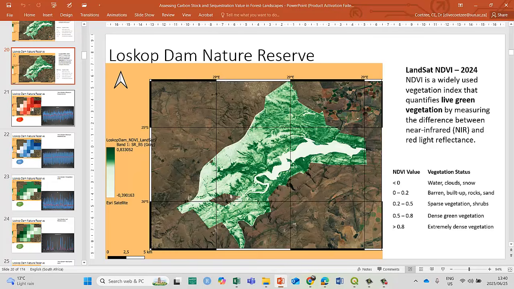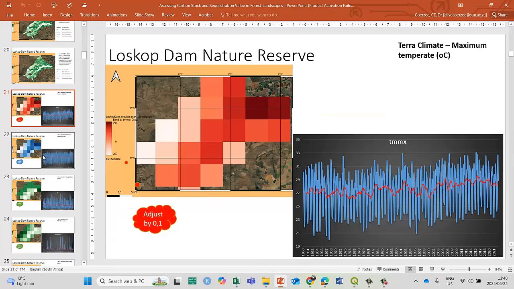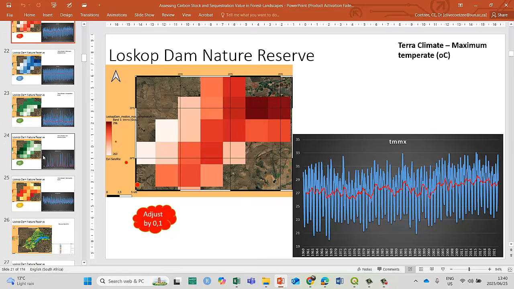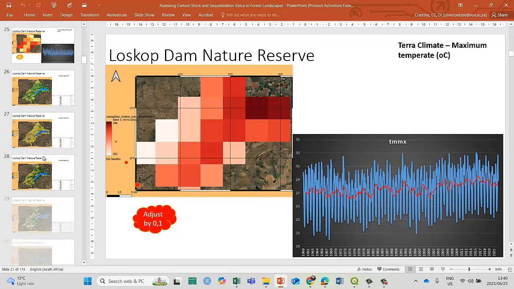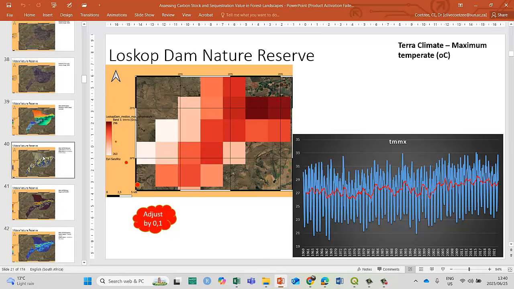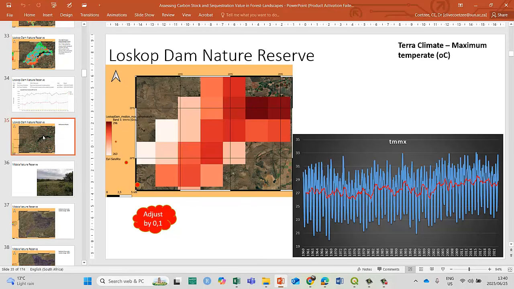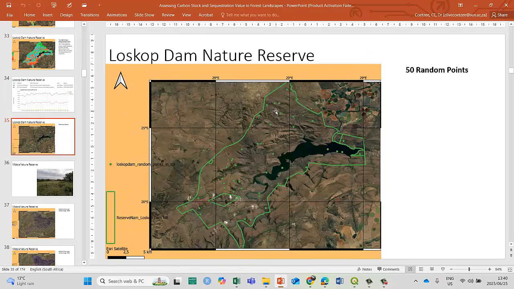As I said, we can obviously build all of these things into our model, where we're going to identify samples. I think for now we've got 50 samples, and I think that's going to be too little. Let me just quickly have a look. 50 random samples.